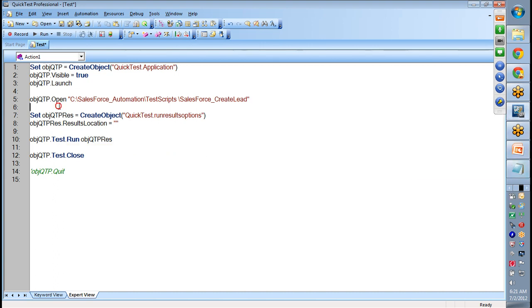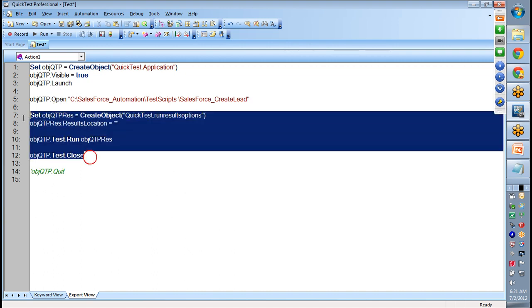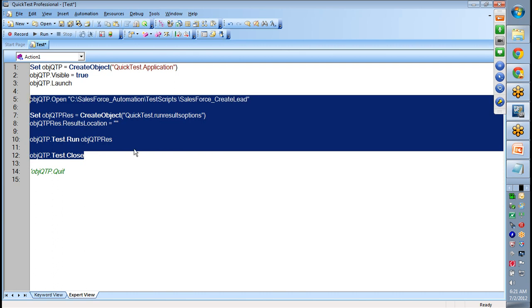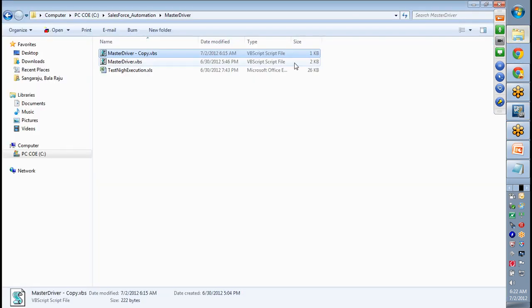But if you have 100 scripts to open, run and close, or say 1000 scripts, 1000 into 3, how many statements? 3000 statements you have to come up with. But that is a little bit difficult, right? So to overcome this problem, what we can do is